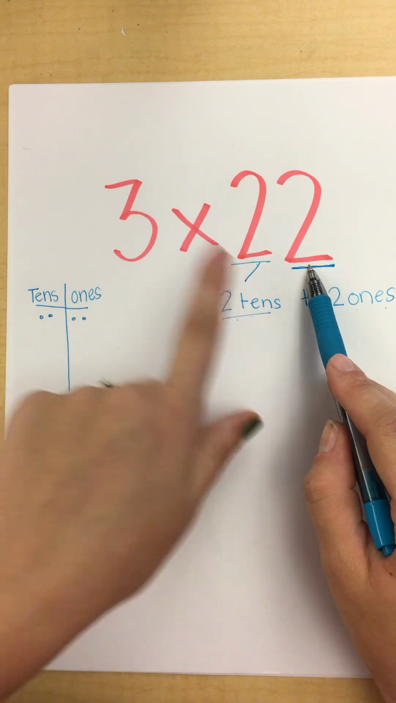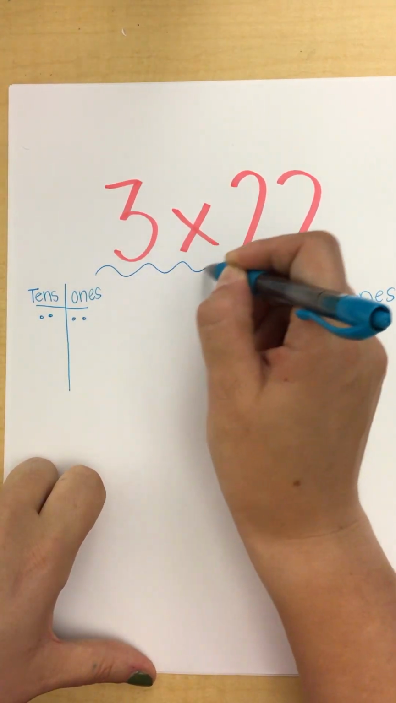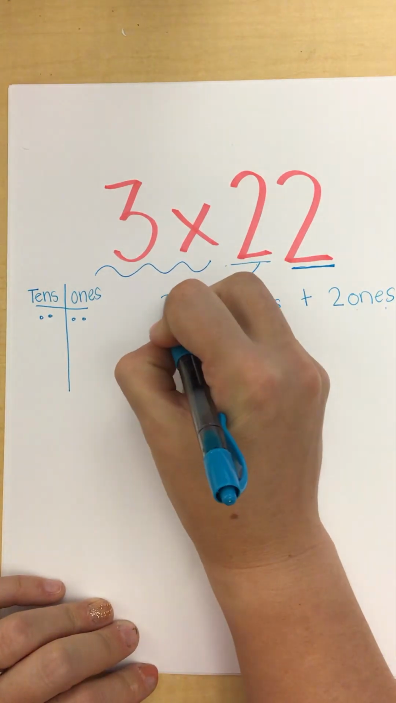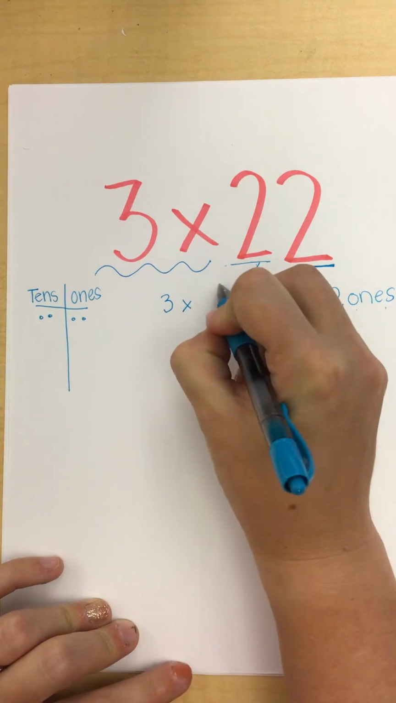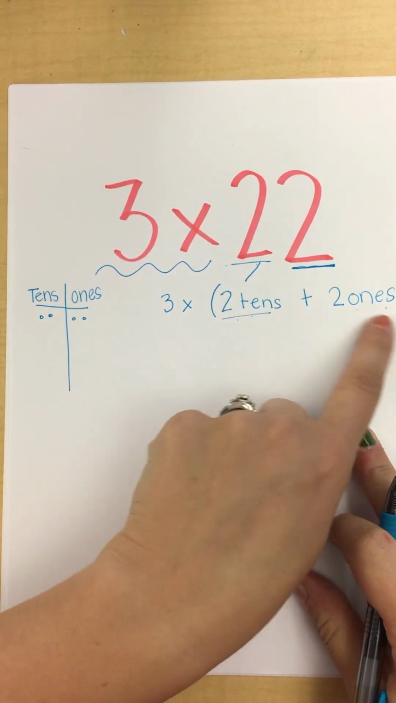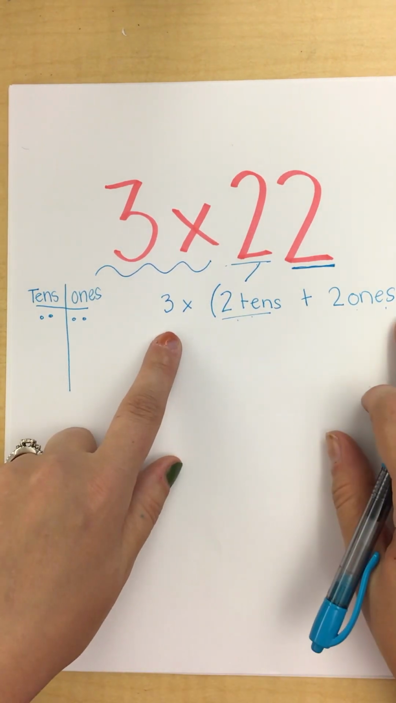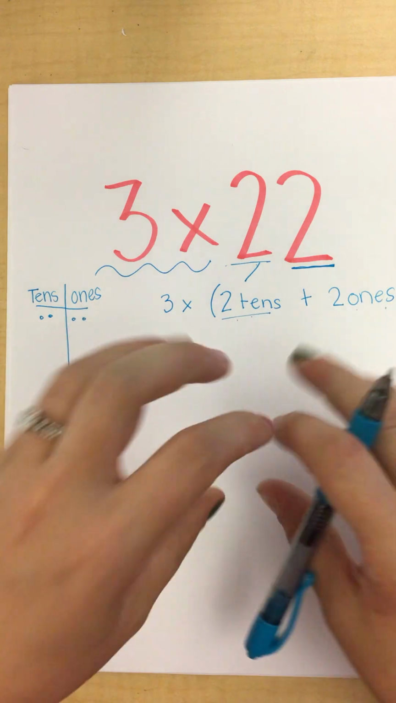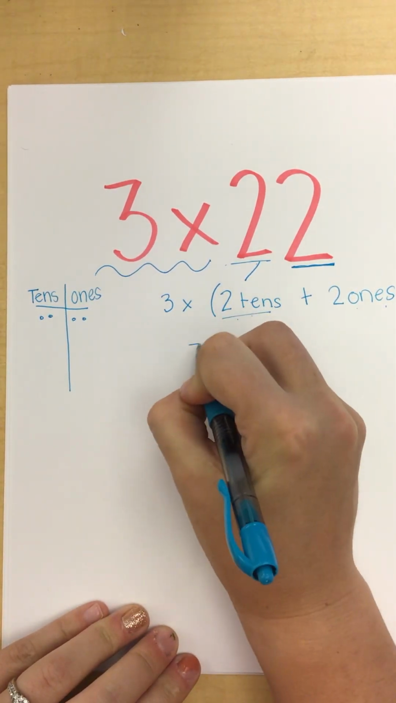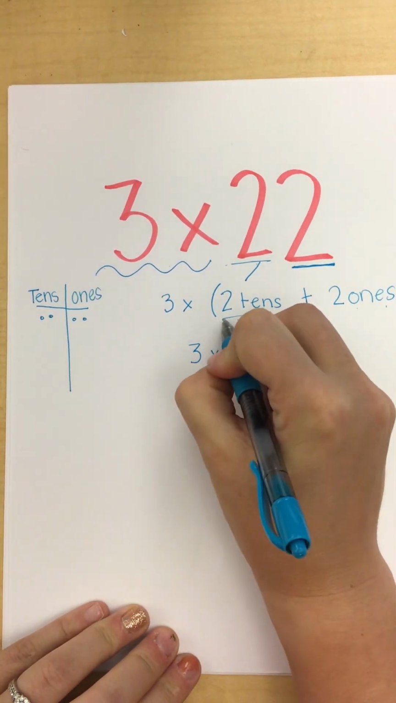And for this expression, we are multiplying all of that by 3. So we are going to do 3 groups of that, which means we are going to multiply 3 by all of this, the 2 tens plus the 2 ones. That is our expression, and we call this the distributive property. And this looks a little complicated, but if we break this apart into 2 separate equations, it makes it so much easier for us. So we're going to always multiply by what's on the outside, so 3 times our first set, which is